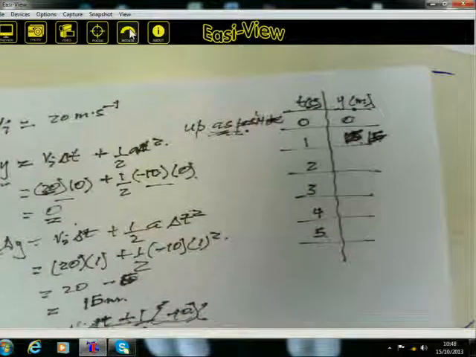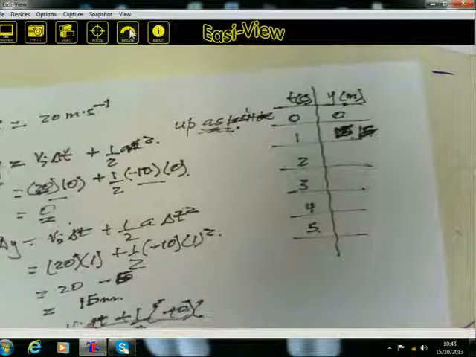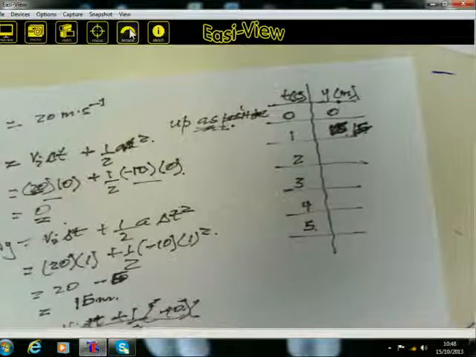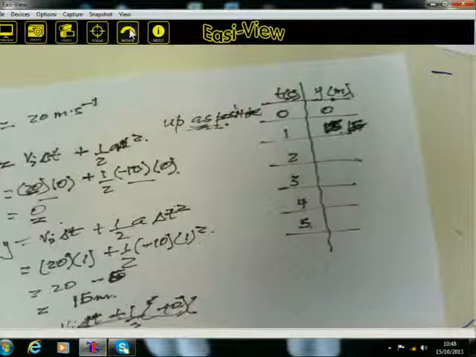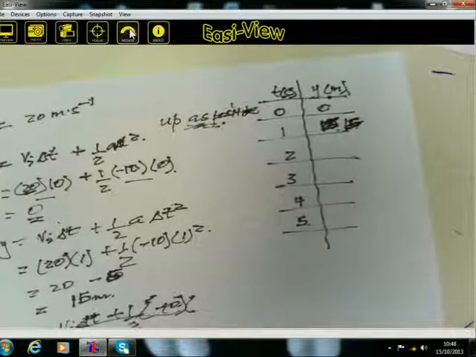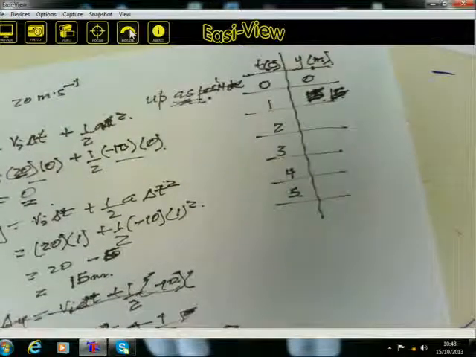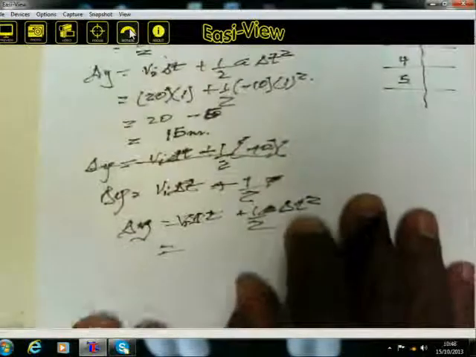Apparently I have a technical problem. We will see that delta y is equal to vi delta t plus half of a delta t squared. This will give us, for v is equal to 20